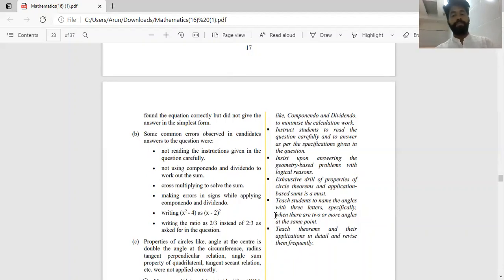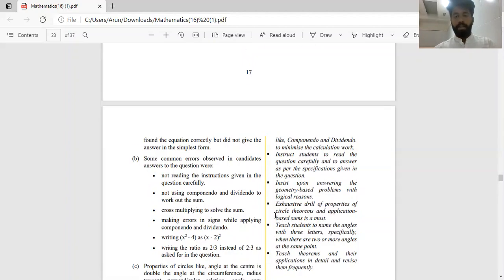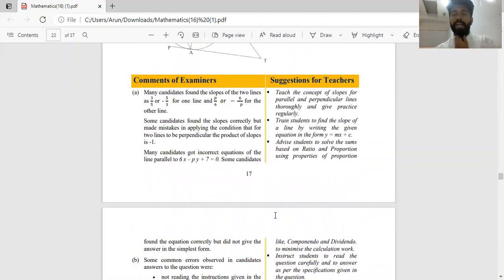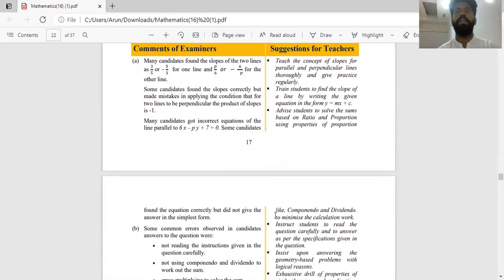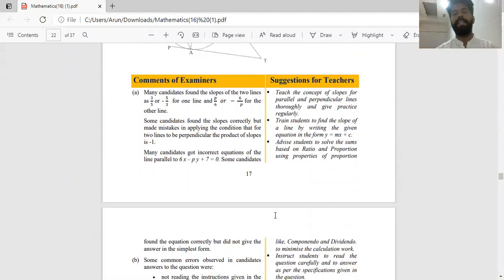All right. Then a few pieces of advice to the students from our end: you need to be thorough with all the properties of proportion, the 5 properties which are invertendo, componendo, dividendo, alternando, and componendo dividendo. So you need to know all the 5 properties. You need to know when to apply which property, read the question carefully, and then accordingly decide which property is to be applied and apply that correctly.